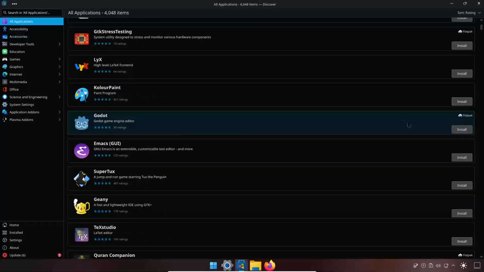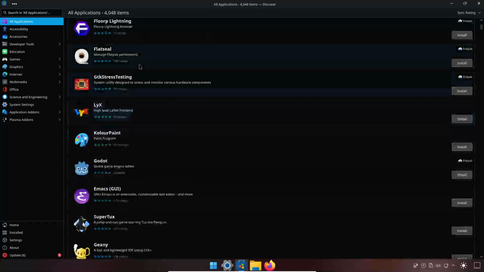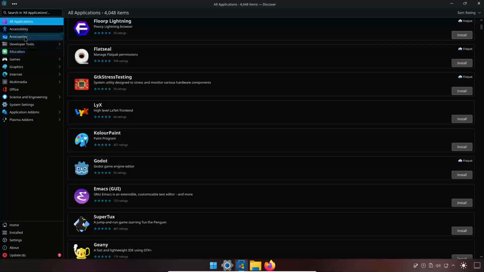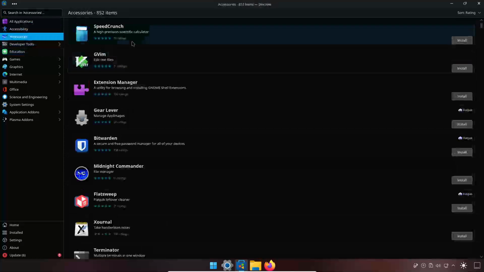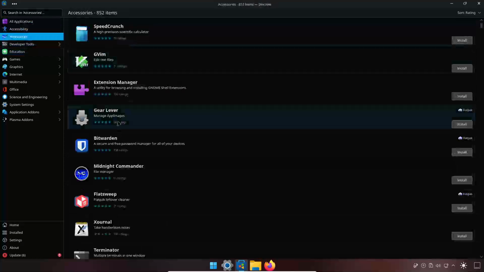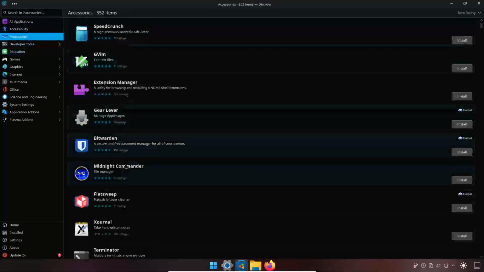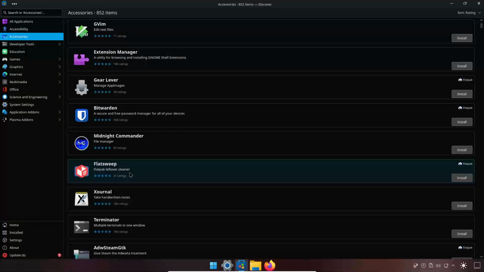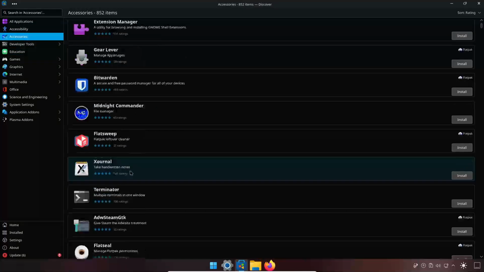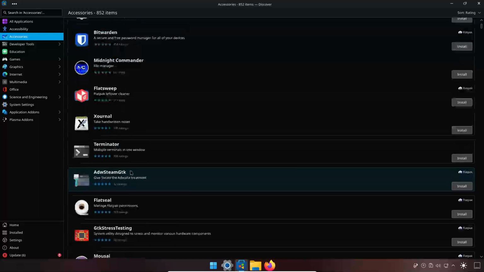There's Godot for your game developer. Flat Seal, manage Flatpak permissions. Accessories, Speed Crunch, Gear, Bitwarden, Zernal, Terminator,